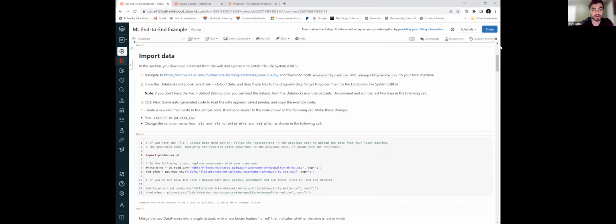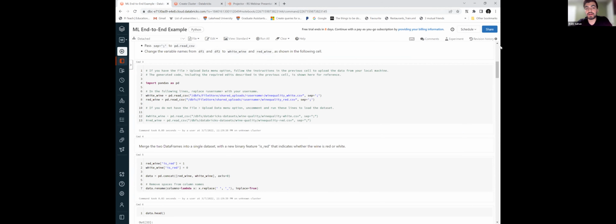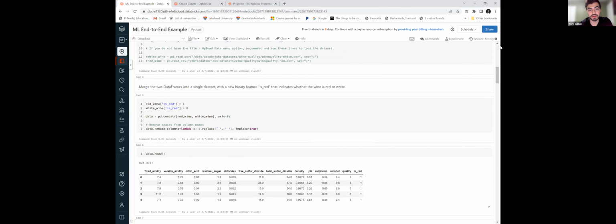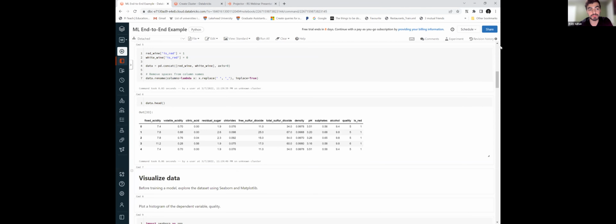So we will just get started. As I said, we'll be working on the wine quality data set. I'll not spend much of the time on the machine learning part of it, because I think it's more important to spend more time on the production and how actually MLflow works in the Databricks platform itself. So we have this data set, and we'll perform some data preparation, data pre-processing,